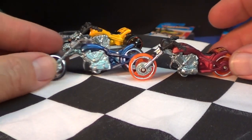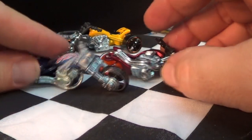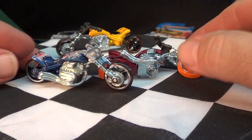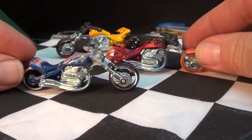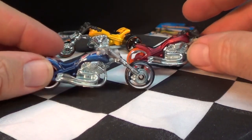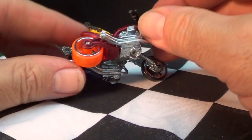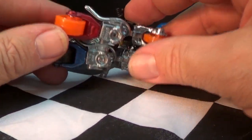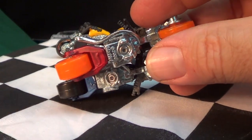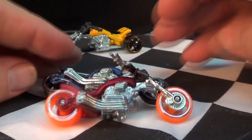The casting pretty much hasn't changed. At first glance, it looked like these are 10 years apart. Looks exactly the same, but Mattel did have to make a change to the casting at some point. So the older model is the blue one. If you look at the base right here, I gotta get my pointer. Right here,